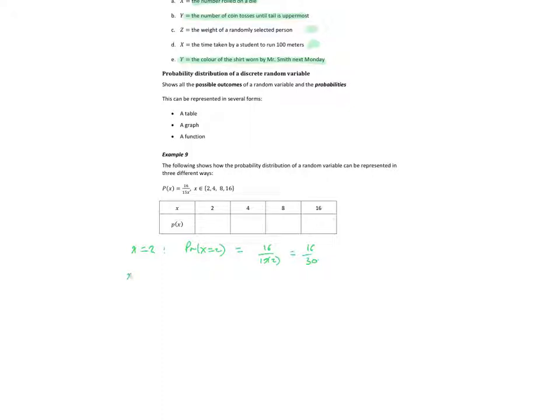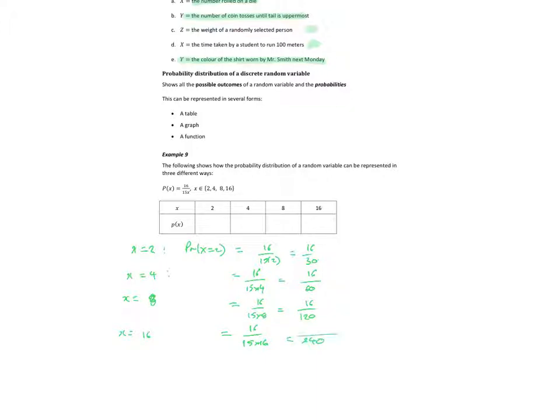Probability that x is equal to 4, we get 16 over 15 times 4, which is 16 over 60. X is equal to 8, I should say, we get 16 over 15 times 8, which is 16 over 120. Finally, if x is equal to 16, I get 16 over 15 times 16, which is